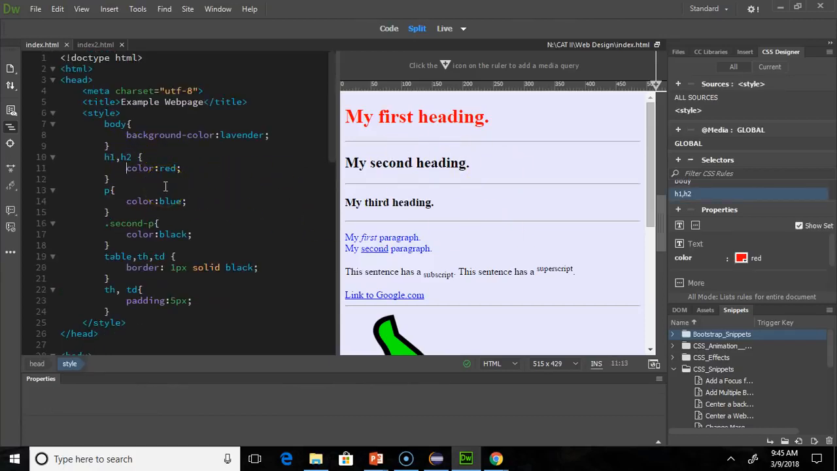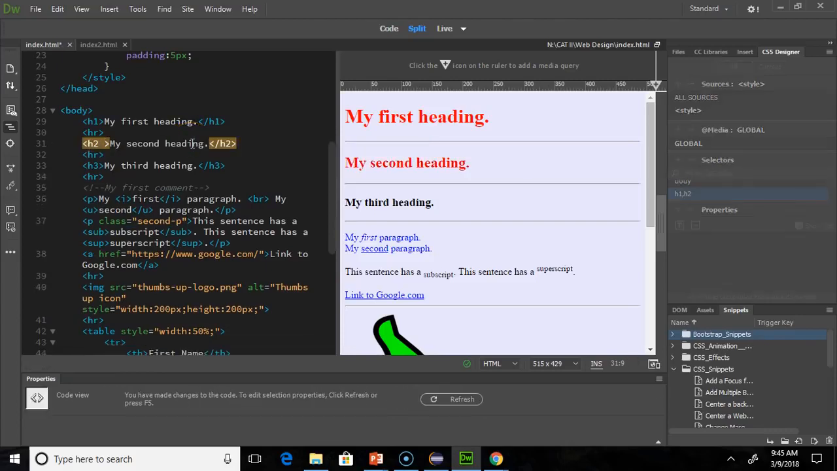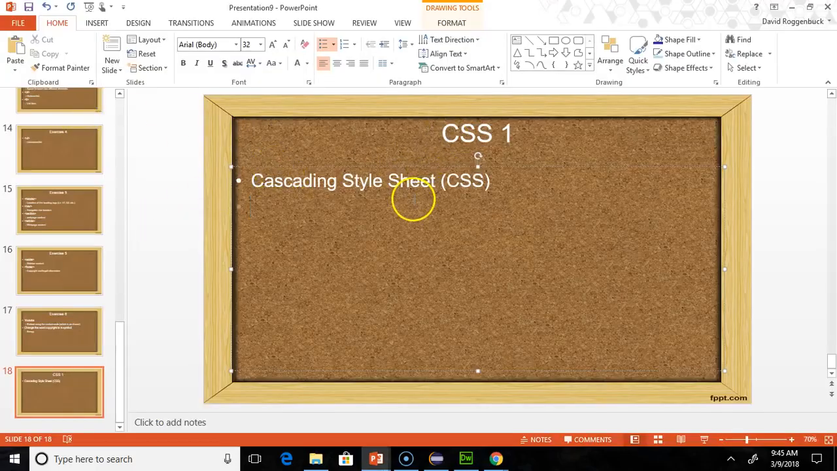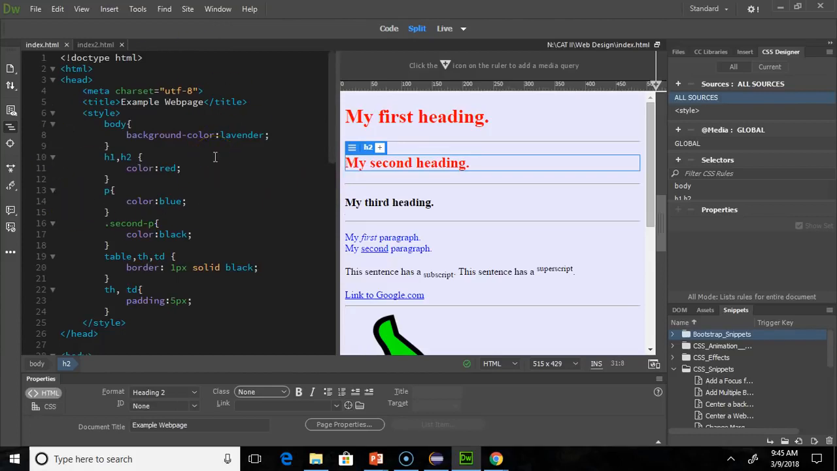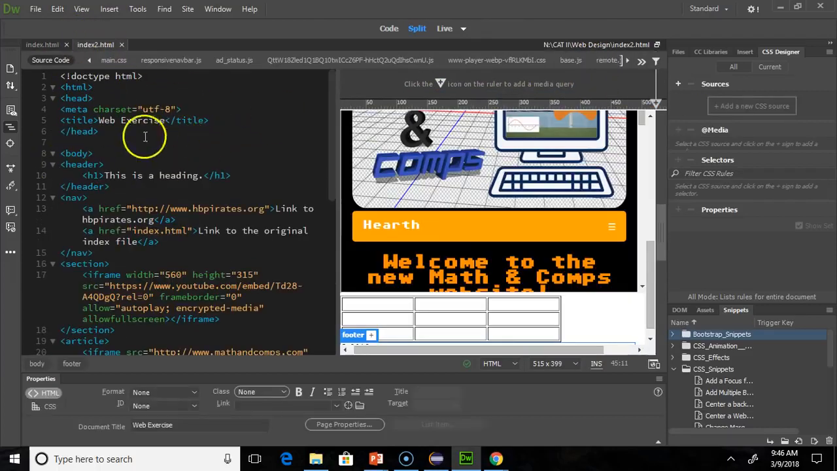Now, what I want to do though, if you notice this H2 doesn't have it because it has this class here, so let me just take that off there. What I want to do is use a style sheet. Now, even though this is CSS, it's what's known as an internal style sheet, which means it's inside the HTML document. What we want to do is create an external style sheet, or a CSS file, that's outside of the HTML document. So I'm going to go ahead and create a style sheet for index 2